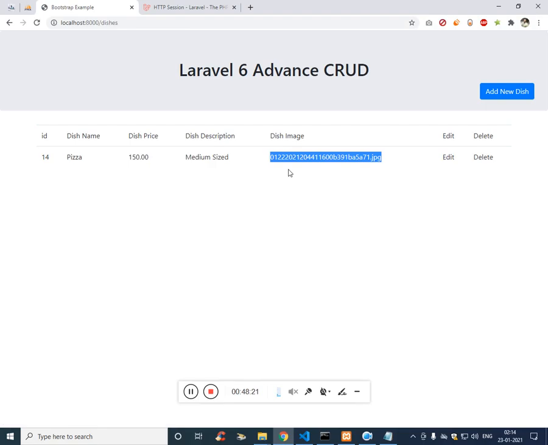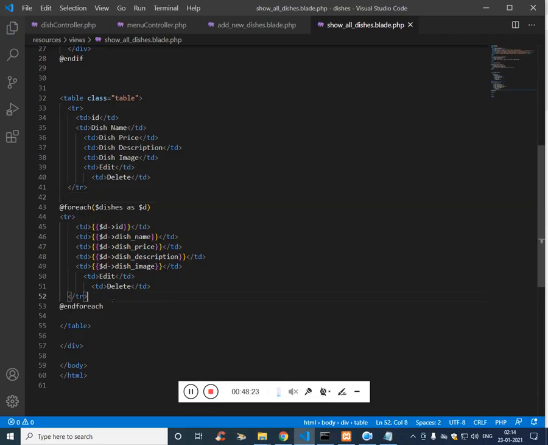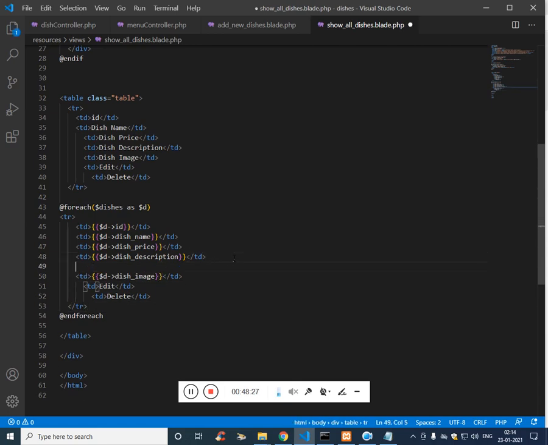we have to pass this into a URL. We need to get image tag and asset /, the name of the folder, which is upload_images, and then we need to pass this.